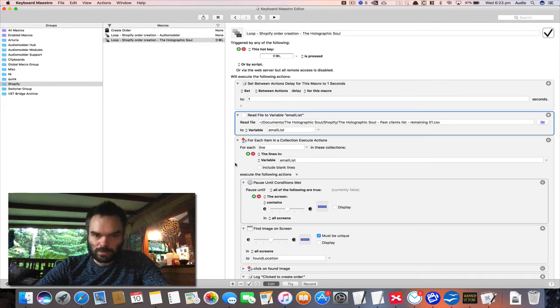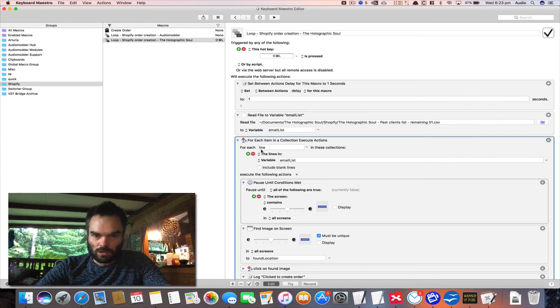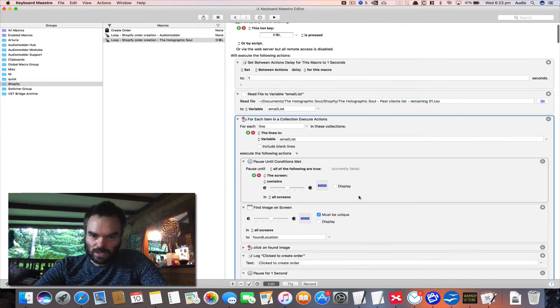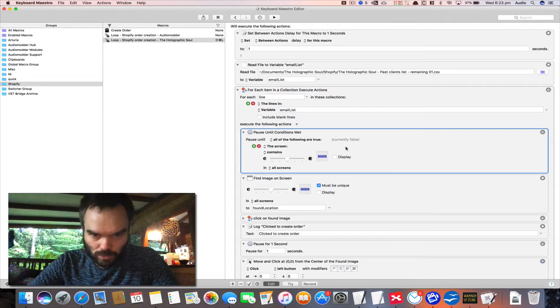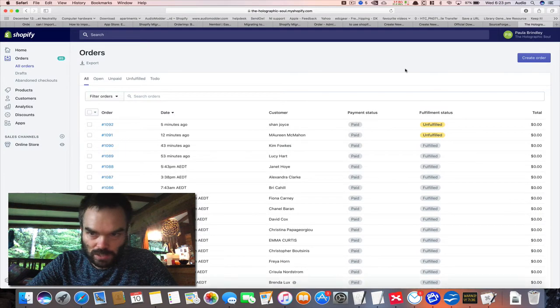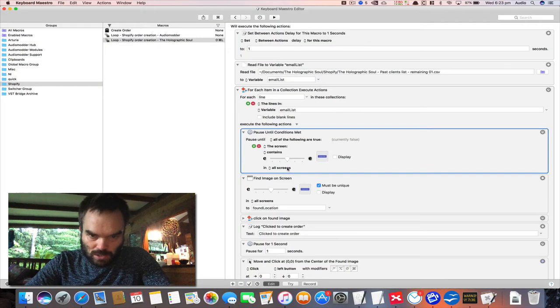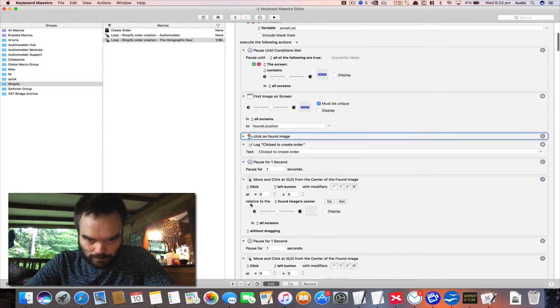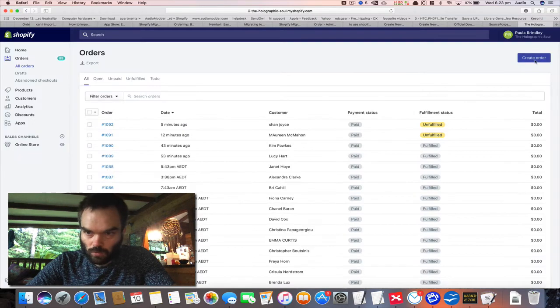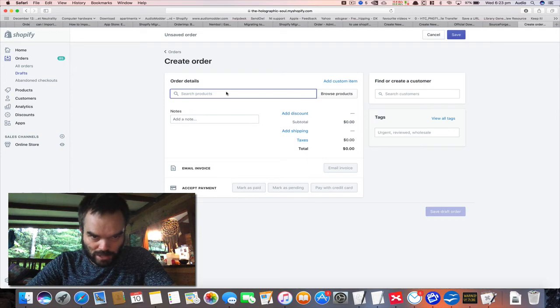But basically what happens is that for each line in that CSV file, it's going to run through all of these functions. So it's going to click on a button, or it's going to wait until this button is visible on the order page. So if you look here, you've got this create order button. It's going to make sure that that's visible. If it's visible, it's going to click on it, and once the next page exists, it's going to bring up